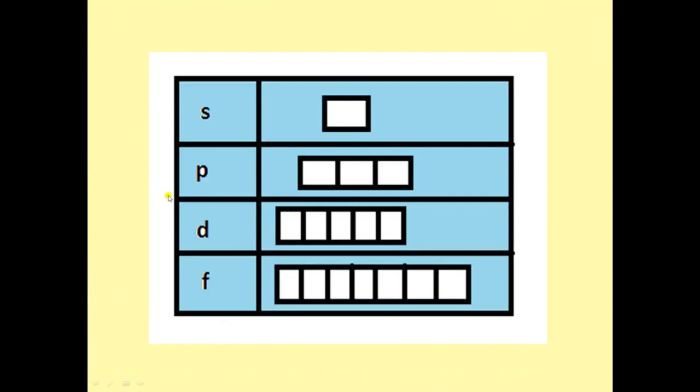So here you can see the orbitals which are present in the S, P, D, F subshells. In the S subshell only one orbital is present, so in one orbital only 2 electrons can be filled. In the same way, in the P orbitals a total of 6 electrons can come. 2 electrons here, then 2 electrons here, and then 2 electrons here. So a total of 6 electrons can be filled in these orbitals. In d orbitals a total of 10 electrons can be filled, and in f orbitals a total of 14 electrons can come.